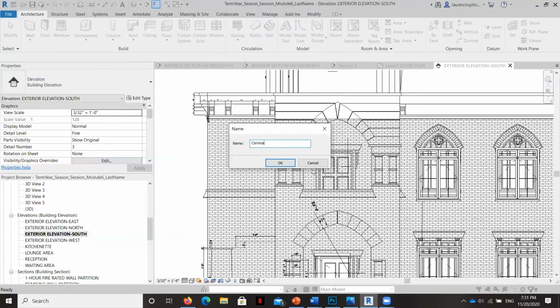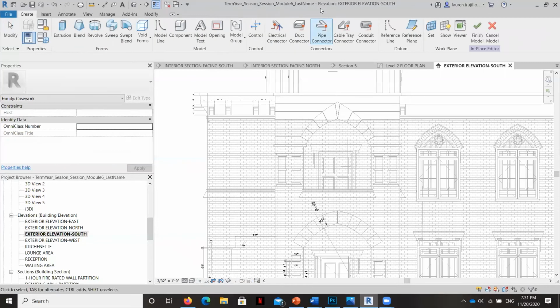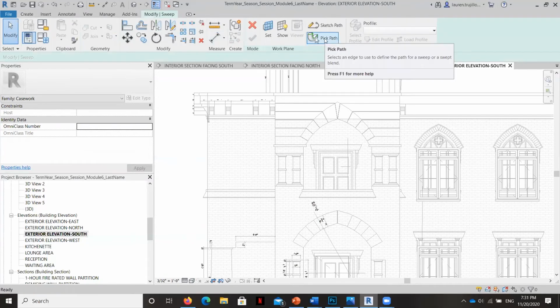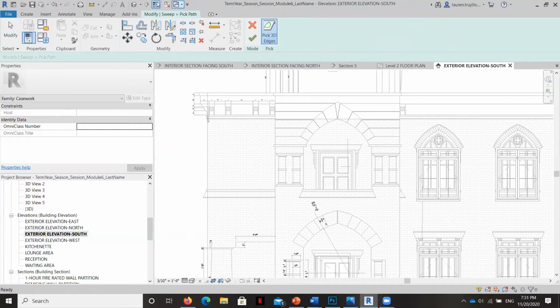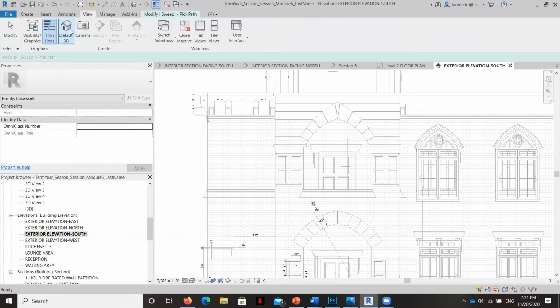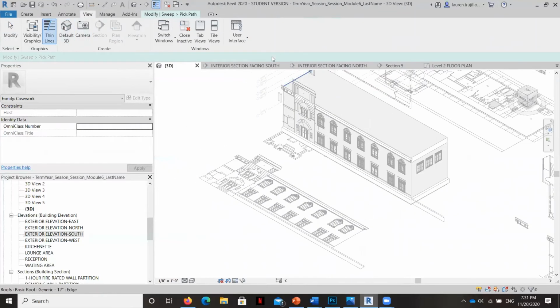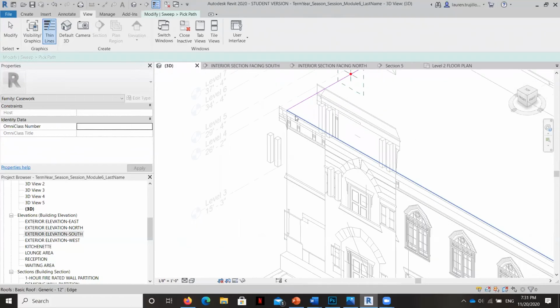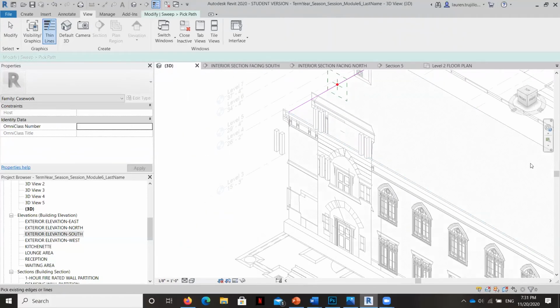And I'm going to call this the cornice. And I'm going to follow the same thing. I'm going to select a sweep, pick path, pick 3D edges, but I want to view it in 3D. And I could pick it on that side or that side. But again, I'm just trying to make sure that I select that edge first so that it puts that little green box right here and I've got control over where it is. If I select all of these right now, I don't have as much control over where that shape pops up.